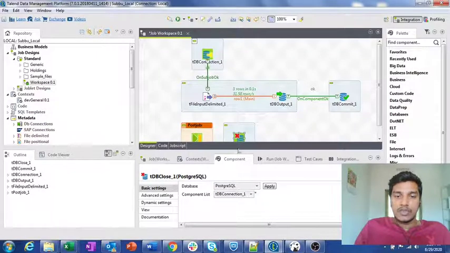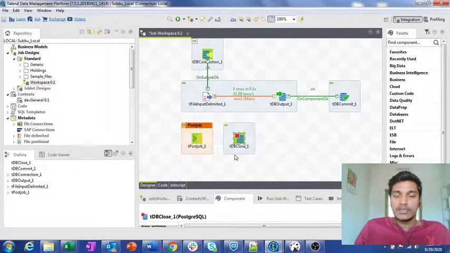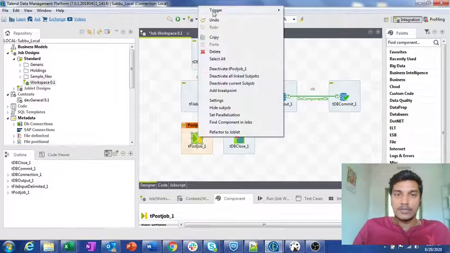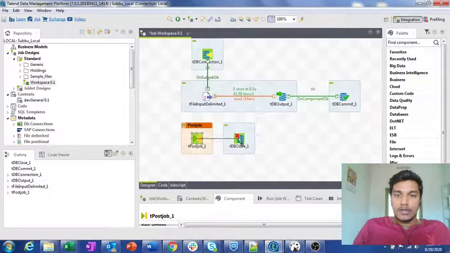And once this component gets executed, if you want to use tDBOutput with the connection using tDBConnection after this tDBClose, it won't get executed, because we are closing the connection here. I am connecting this tPostjob subjob with tDBClose.